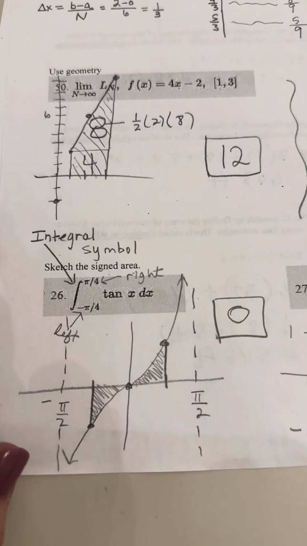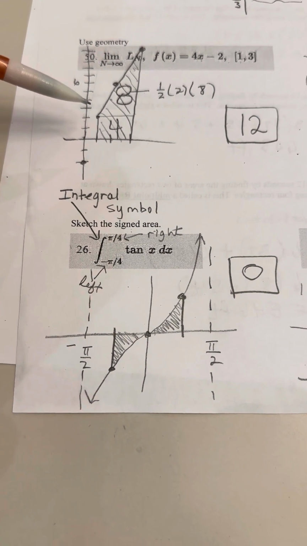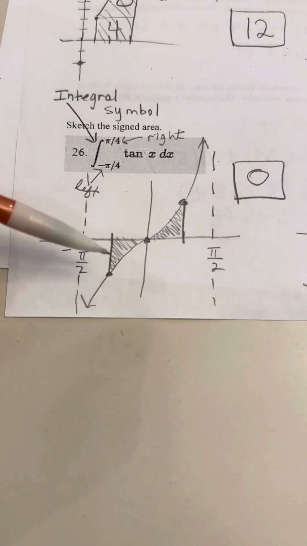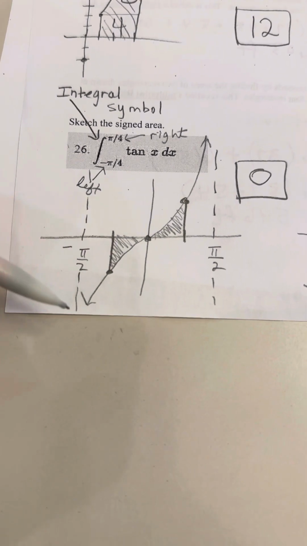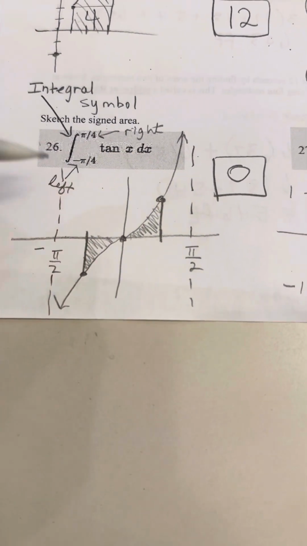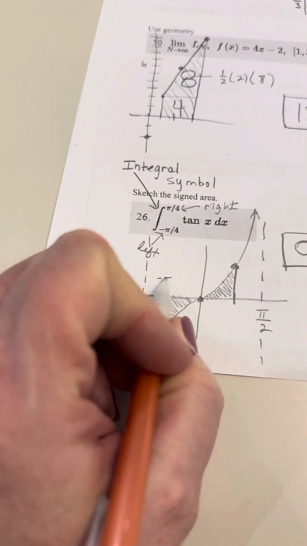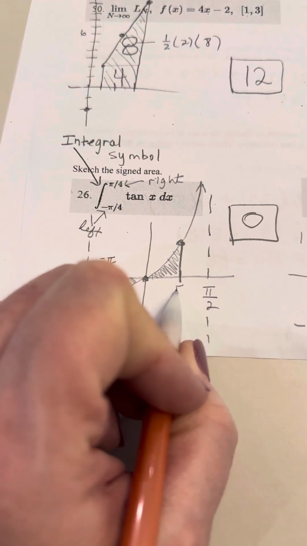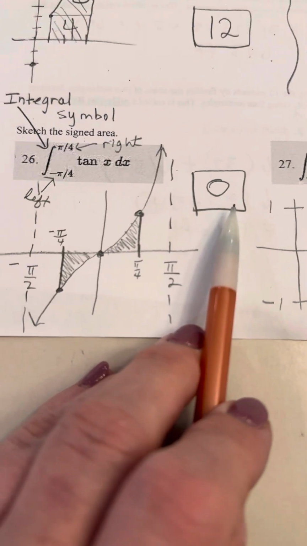And then we went on over and we did a couple like this. We talked a little bit about what's called signed area on this last problem, although we were really just getting used to drawing this from negative something to something. Okay, so we graphed tangent, which has asymptotes at negative pi over 2 and pi over 2. And the part that we were concerned with were from negative pi over 4 to pi over 4. So I probably could have labeled those pieces like that. And then in this case, these would cancel and give us an area of 0,